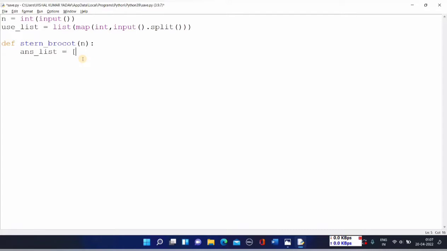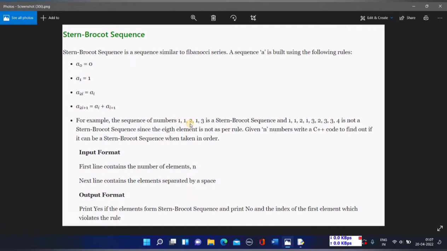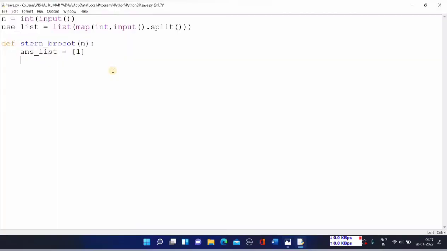Now see, I'm deliberately creating a list whose first term is 1. I know that my first term is going to be 1. From observation, I can say that my first term is 1. That is why I've created a list which has its first term as 1. Now I'll be going for i in range n,